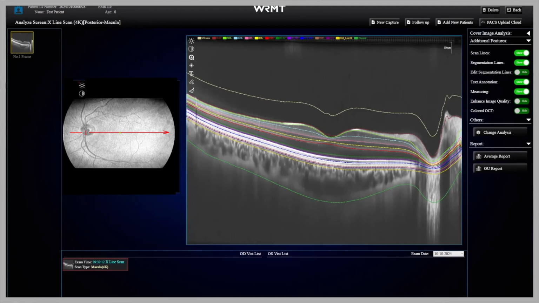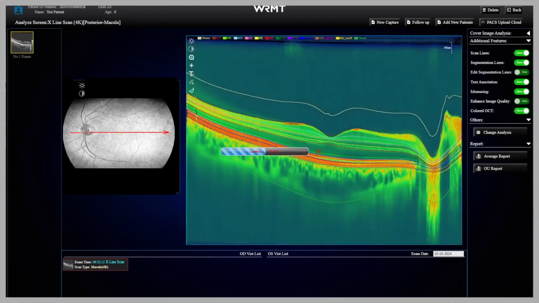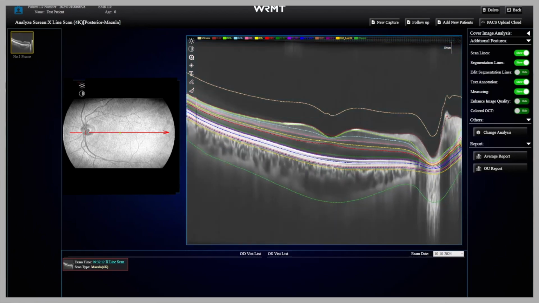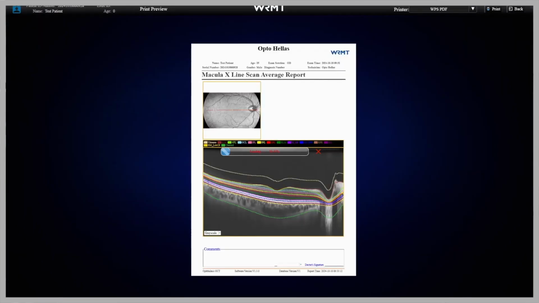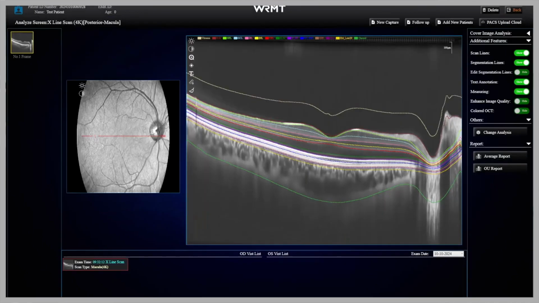And also I have the opportunity to edit them, put some text, measure, or show the image in color mode. I can also, of course, show a report which I can directly print on my connected Windows printer. If I want to do a new examination, I press on the top right back